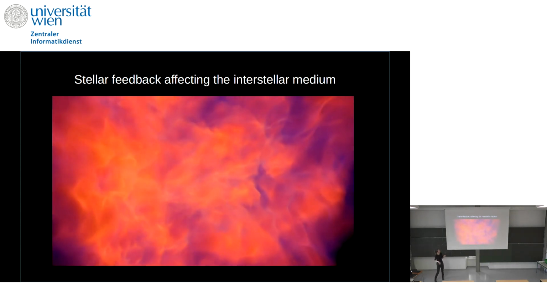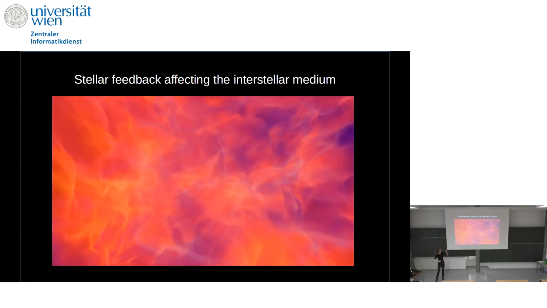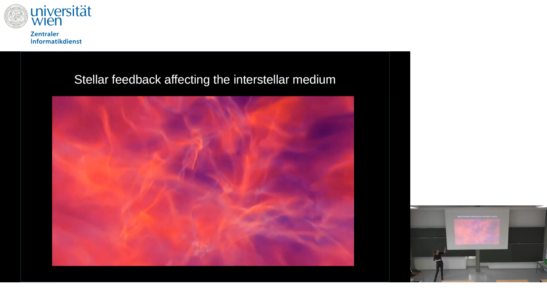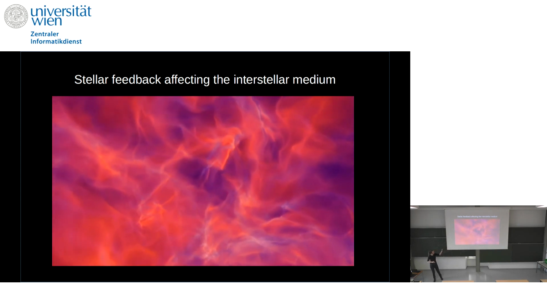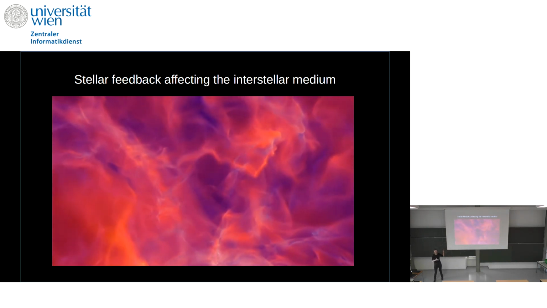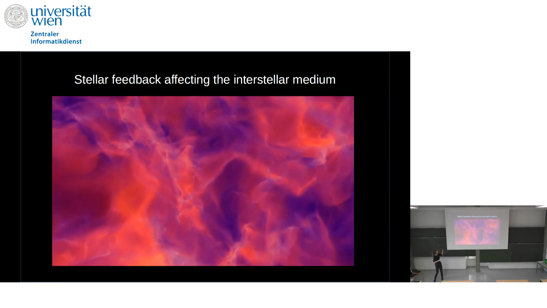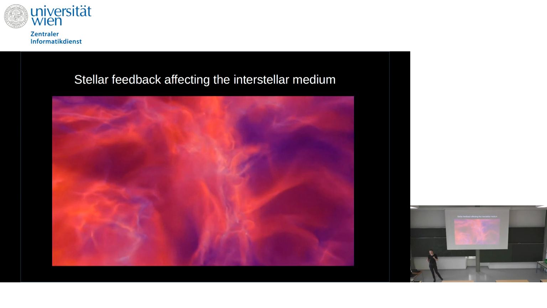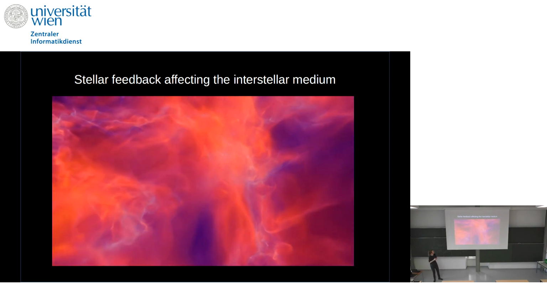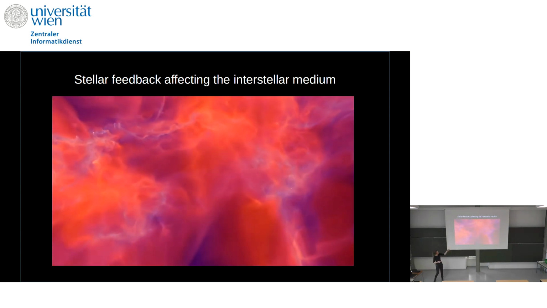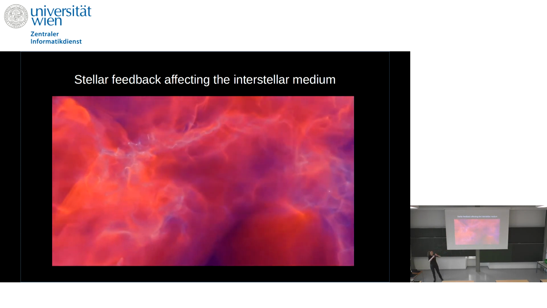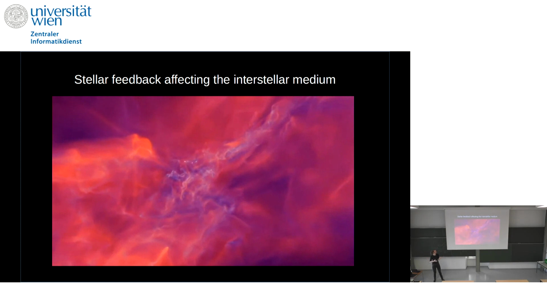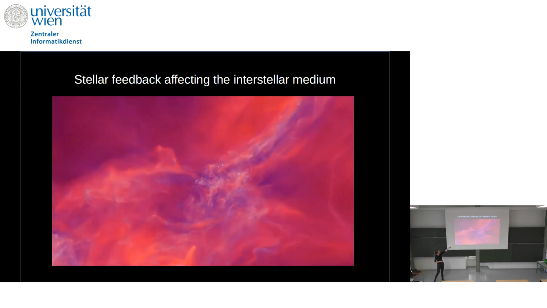And maybe to give you an idea how this could look in this interstellar medium. So this is basically a cloud where stars are going to form. According to the colors here, I believe red is the density, and I think the blue is the velocity component. So it's a mixture between density and velocity. What you can already see is that you again form these filamentary structures. That's very similar to what we saw on large scales. And then you form the first stars.